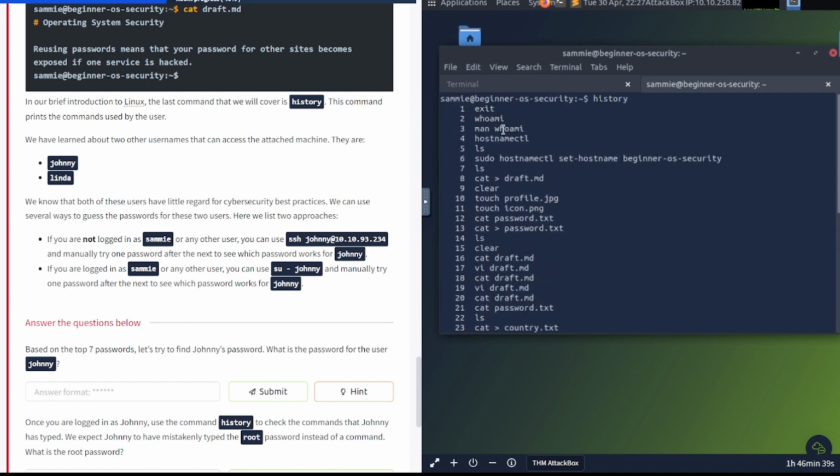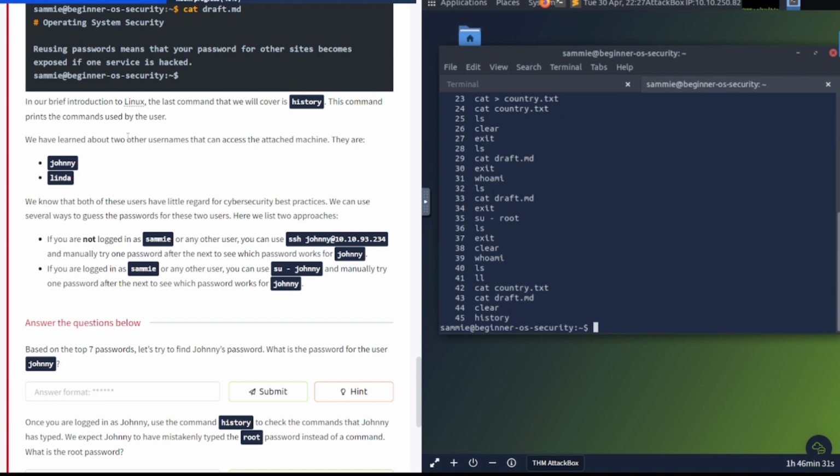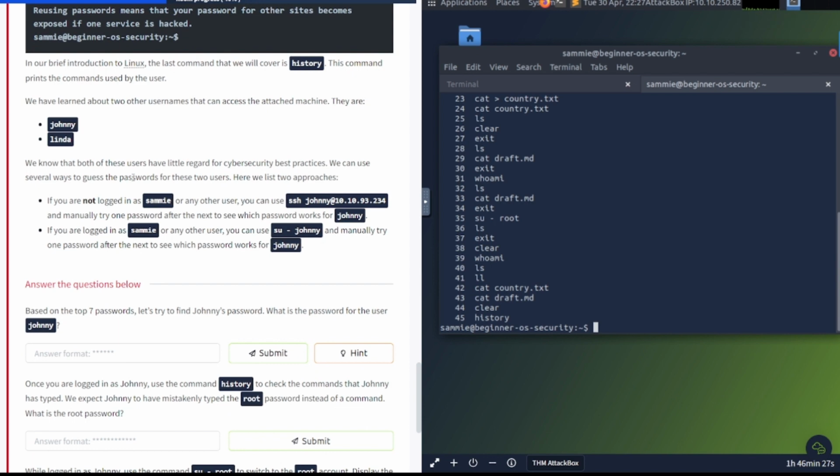and just read through everything that was done, cat password.txt. They did all kinds of stuff in there. Used vi to edit some stuff. All right. So let's see. We know that both of these users have little regard for cybersecurity best practice. We can use several ways to guess the passwords. For these 2 users, we have,